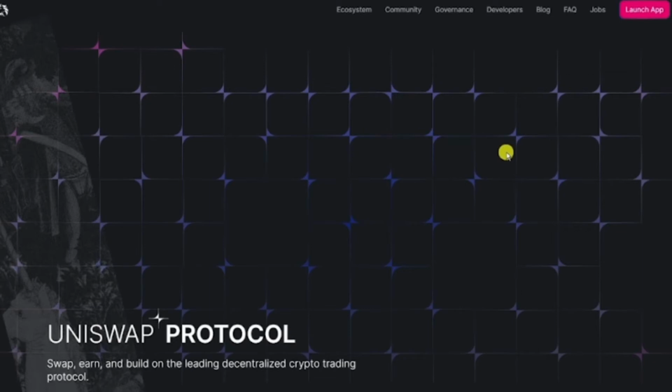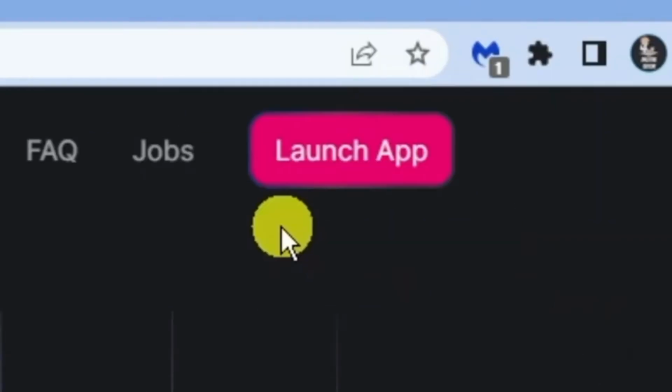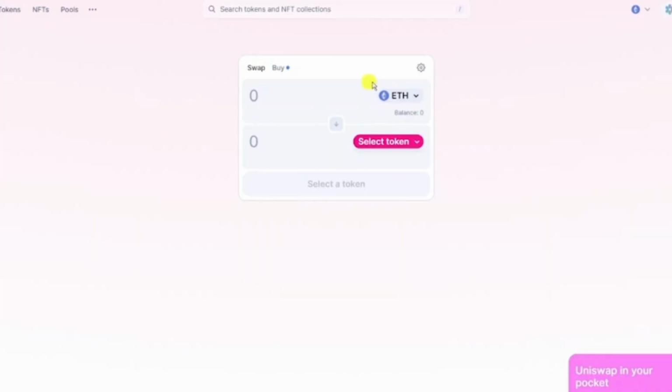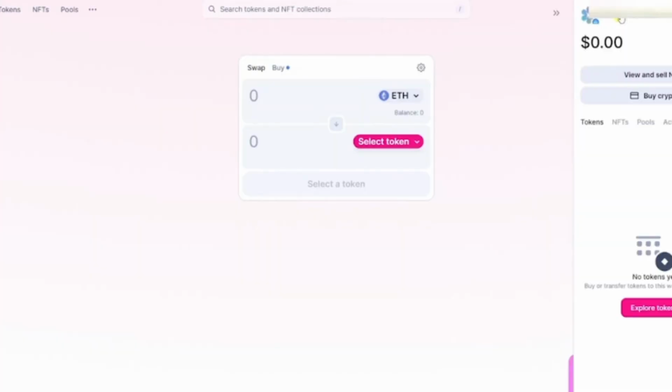and then you can see that it's going to bring you to this interface. You have to click this launch app button over here, and then you have to copy your MetaMask wallet address by clicking on the receive icon and scanning the QR code or selecting the copy icon. Make sure you check the last 4 digits of your wallet address to ensure you are sending to the correct